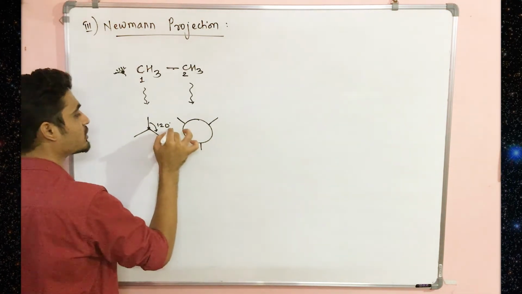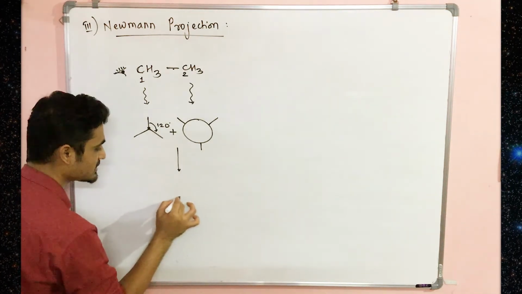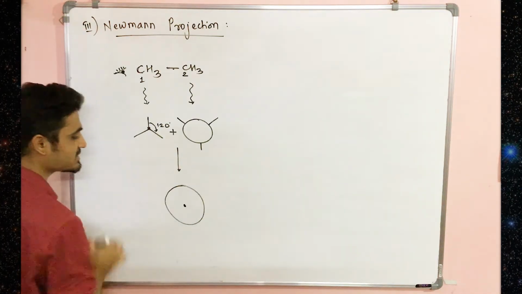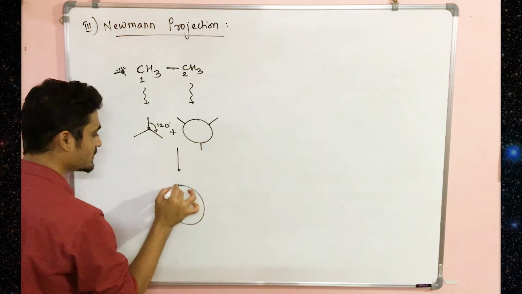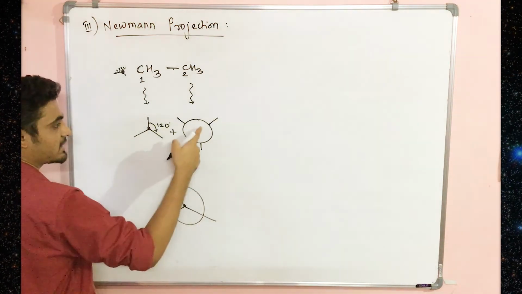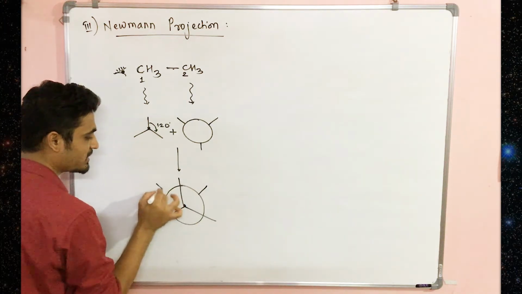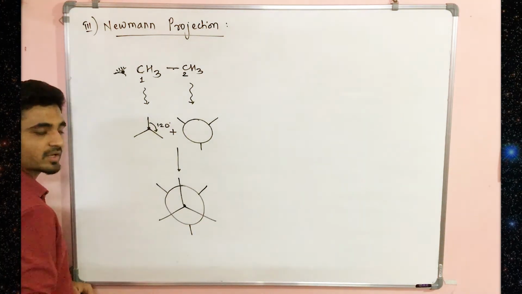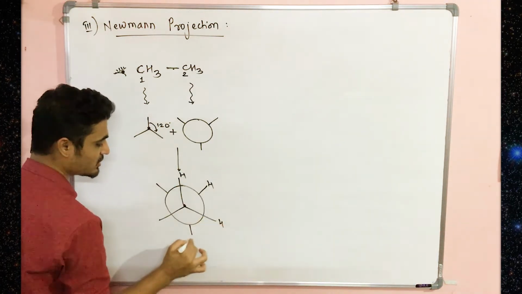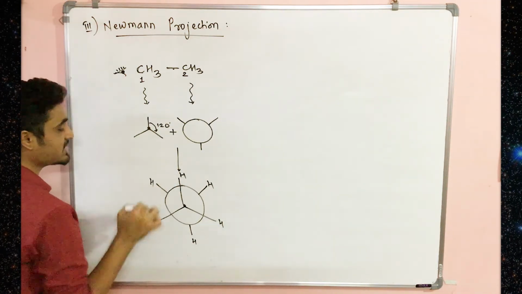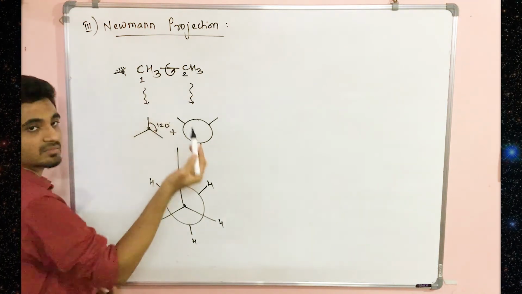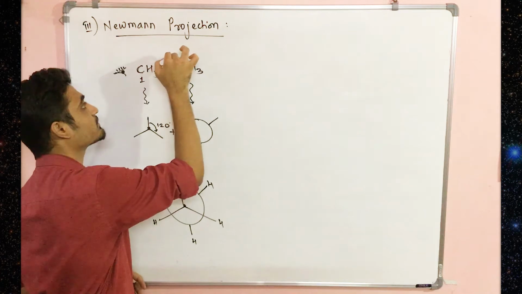And if I add both of them, it will look something like this, that there is this first carbon atom, and then behind it there is the second carbon atom. From the first one you draw from the center with equally spaced lines, and the back one you can simply place like this. Okay, and what are the groups there? So here it is hydrogen, and that's how you can get it. Now as I said, this is a single bond, and rotation along this bond is allowed because this is free rotation.